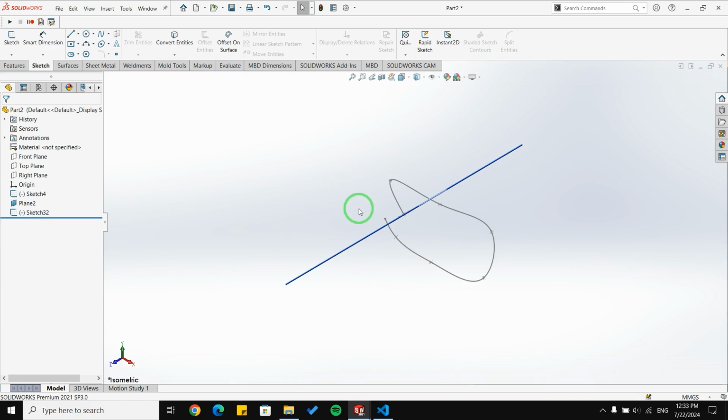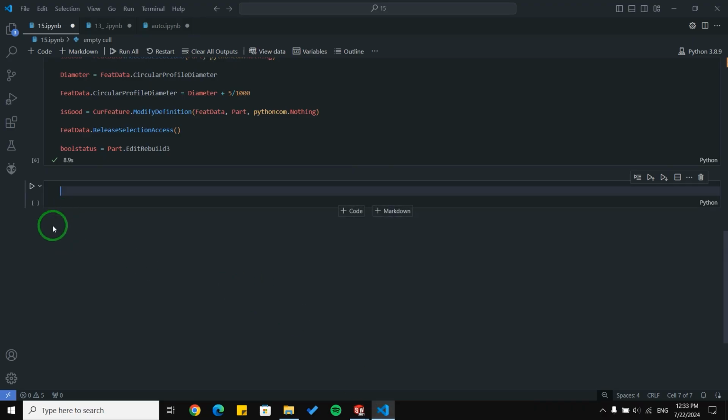Okay. And I'm going to write a code here to create a sweep with a sketch profile.